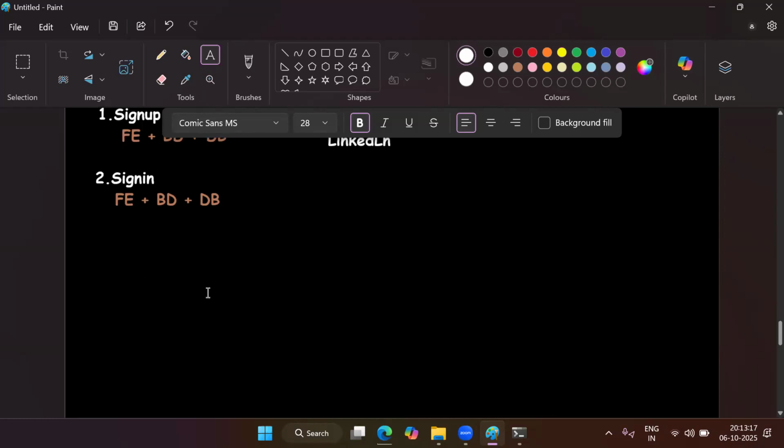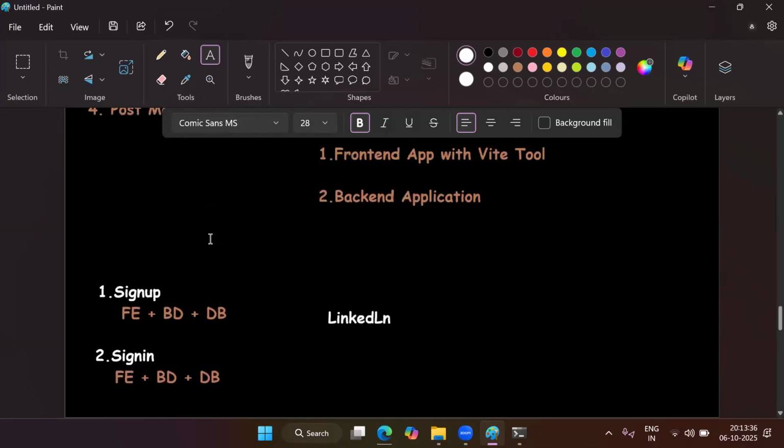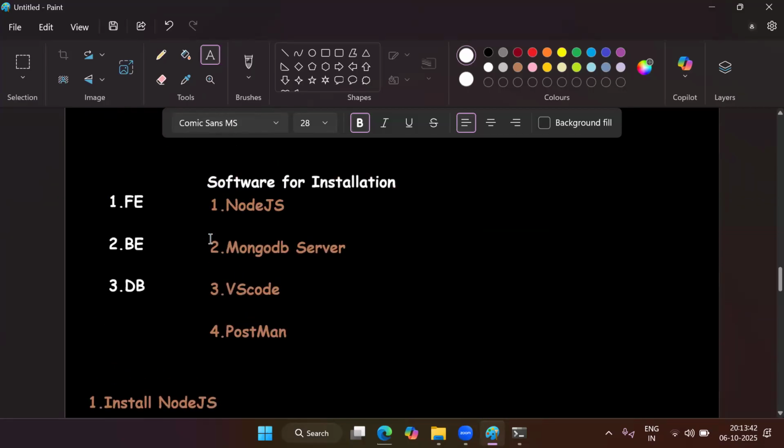Then we will develop the home page and our profile page. In the home page, we will develop our chat page and the user list page. We will see how we can access the user list, how we can access the chat list, and how we can send messages. All those things will come step by step. I am going to draw many diagrams and list out many things. I will write everything in front of you slowly, step by step, so that you guys can understand.